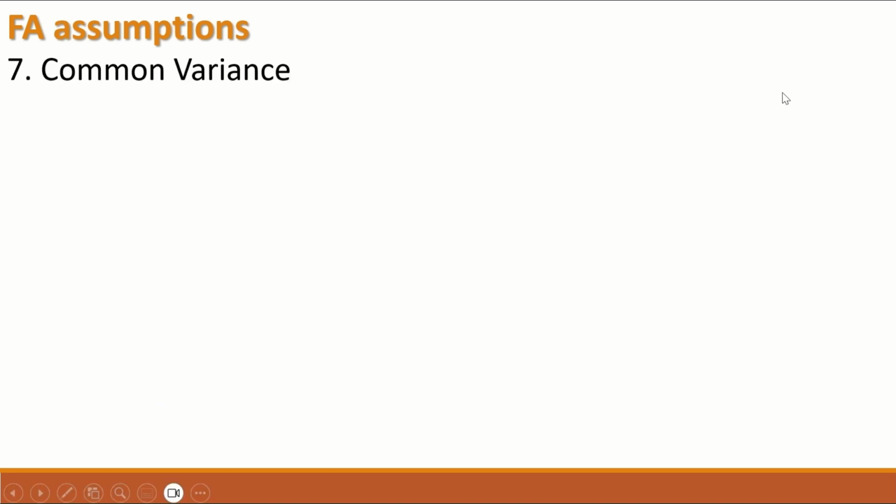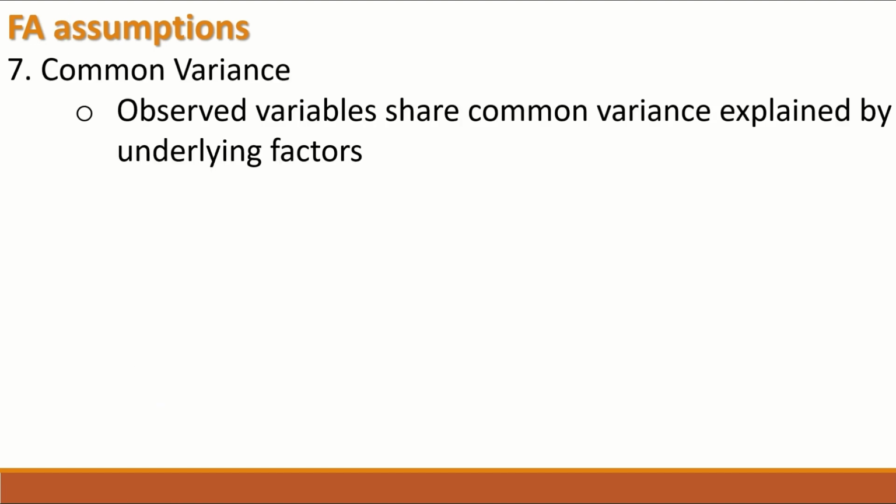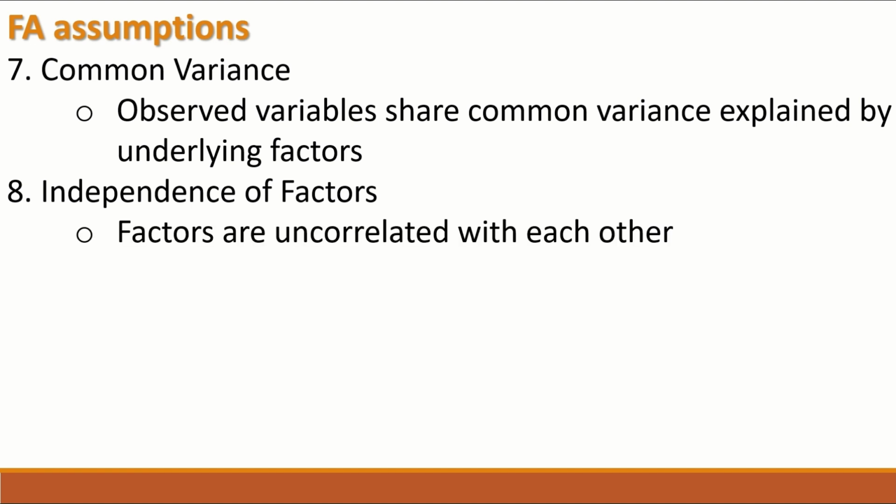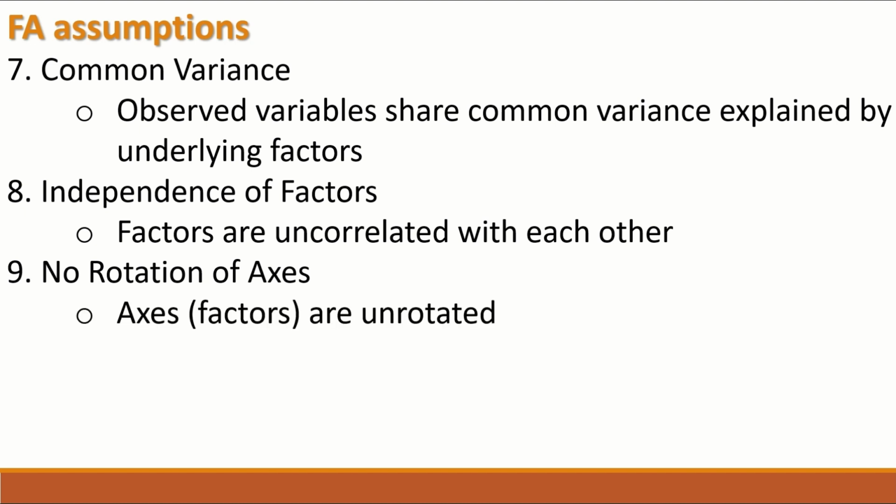The seventh assumption is the common variance, which states that the observed variables share common variance explained by the underlying factors. The eighth assumption is independence of factors. Factors are uncorrelated with each other. And the ninth assumption is no rotation of the axis. Factors are unrotated at the initial